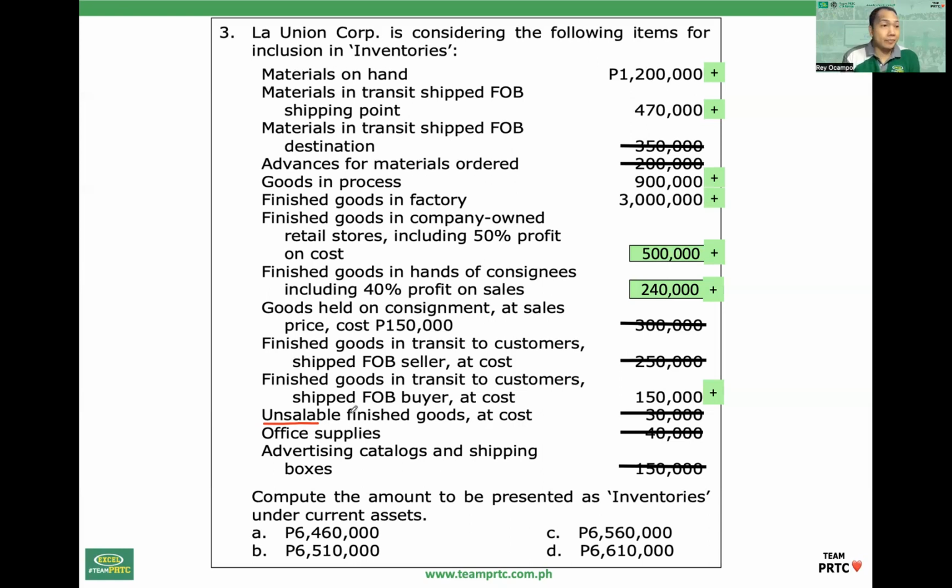Okay, get the total. So that is the total amount to be reported as inventories. Okay, number 3, letter A. That is what we will see as the line item, inventories. Then the composition as to materials, goods in process, finished goods is in the notes. Okay, so those are the common problems. Include, exclude problem. Okay, next. Another include, exclude problem. But this time,